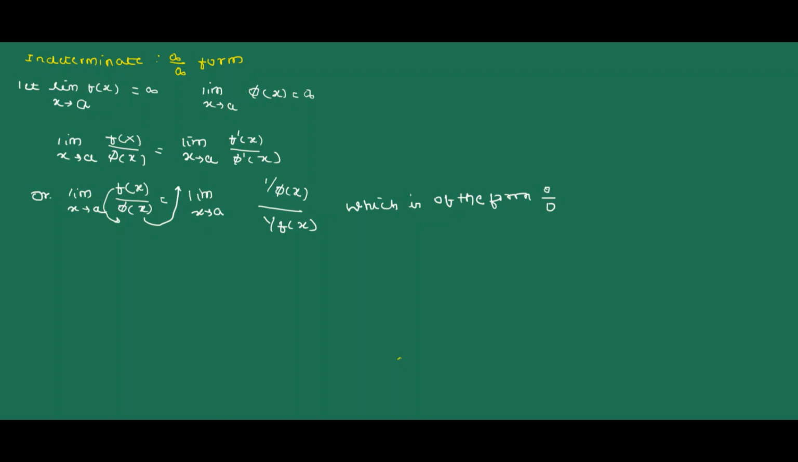Sometimes directly you can use L'Hospital's rule, and sometimes you have to transpose denominator in numerator and numerator in denominator. Then it will be in the form of 1 divided by phi of x divided by 1 divided by f of x, which will be converted into the form of 0 by 0, and then you can use L'Hospital's rule to solve the example. L'Hospital's rule means you have to differentiate numerator and denominator separately. Now examples: